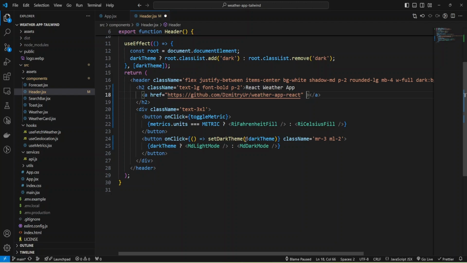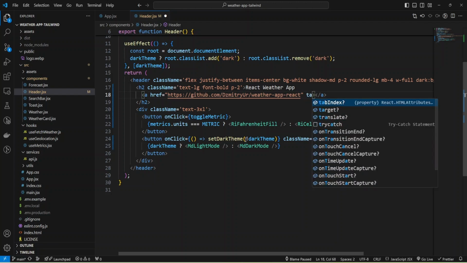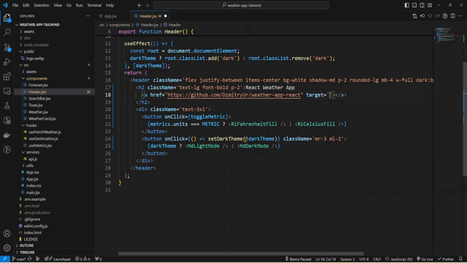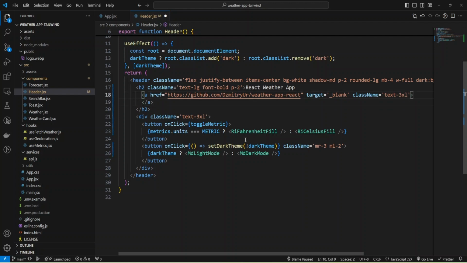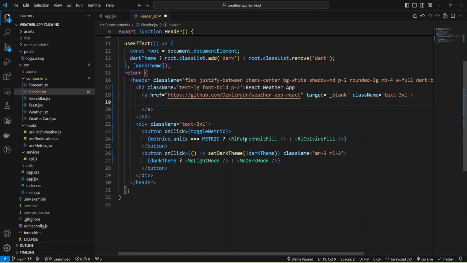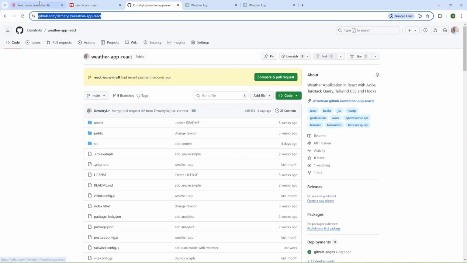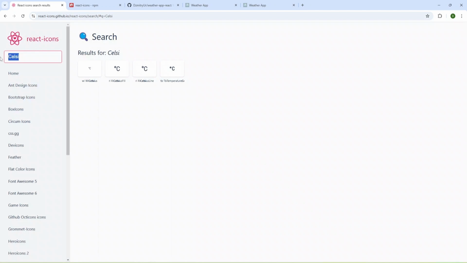I'm also going to provide target and make it blank to open in a new tab, and let's add some class name, and increase the text and make it also 3XL, and inside of the a tag I'll provide some icon, and let's search for GitHub.